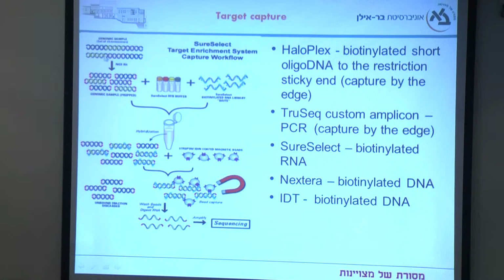So imagine a scenario where there is a gene called BCR and a gene called ABL, or TMPRSS2 and ERG, and those 2 have fused in the cancer genome. So if I'm based on the edges, such as restriction sites or PCR, then I only can analyze the wild-type BCR and the wild-type ABL. But if I'm not relying on the edges, a hybridization element in the middle of BCR may pick up a piece whose edge is coming from ABL. So when I map this sequence, I will see that it doesn't belong to where my capture was, and this is how I can identify